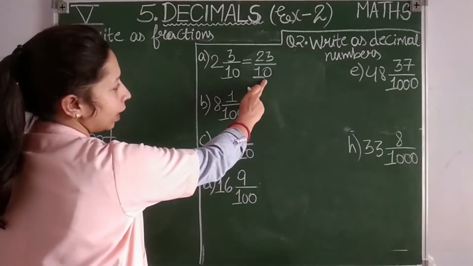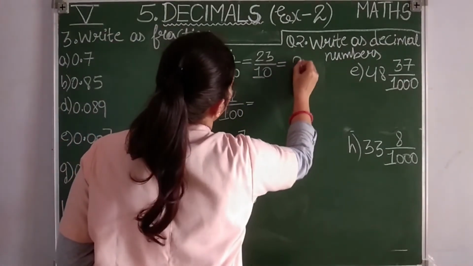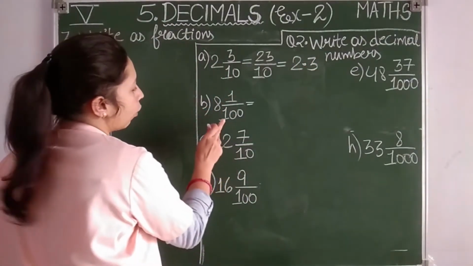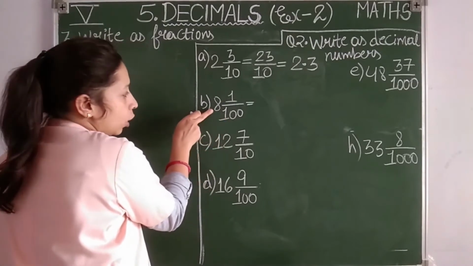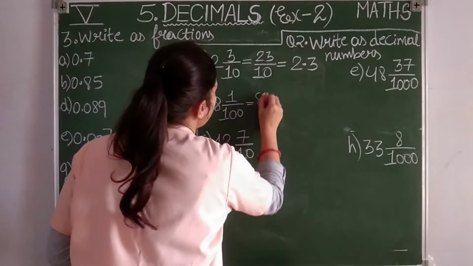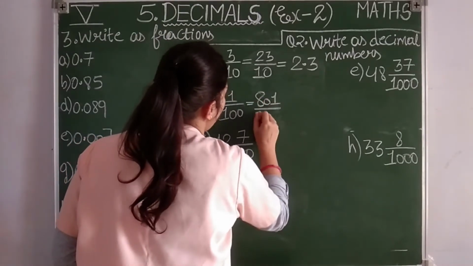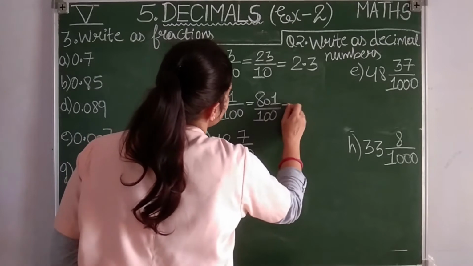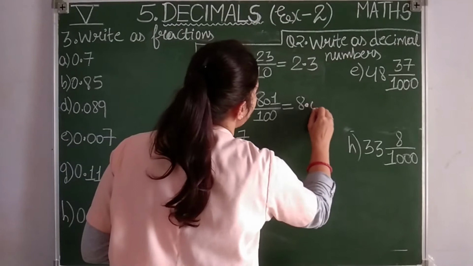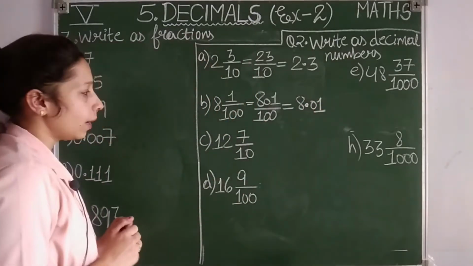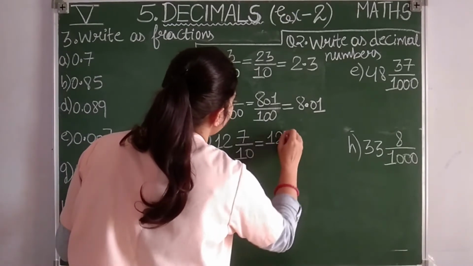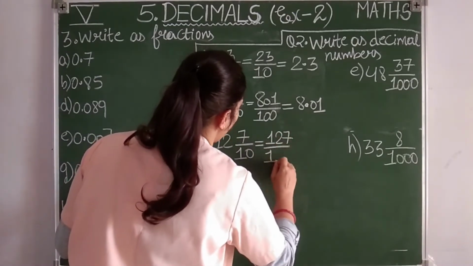Now 10 is with only 1 zero. So before 1 digit you are going to put the point like this. See how easy it is if you know the rule. Okay, now for this again, denominator into whole number, that means 100 into 8, 800 plus numerator. So we got 801 upon 100. Okay students, now as you can see 2 zeros are here. So where to put the point? If 2 zeros are there, so point will come before 2 digits. Clear? Then again 10 12s are 120. 120 plus 7, 127. 127 upon 10.